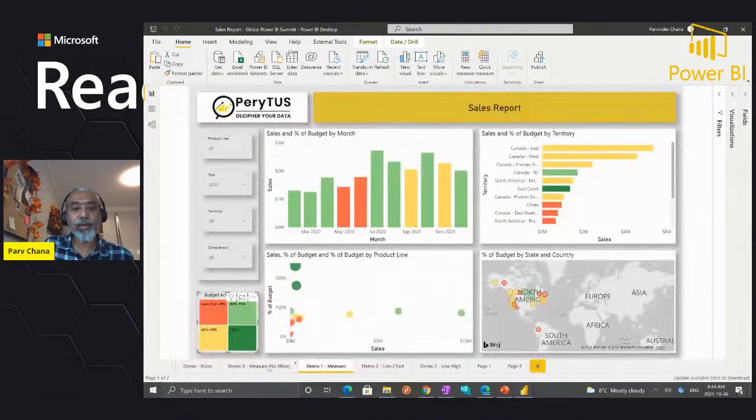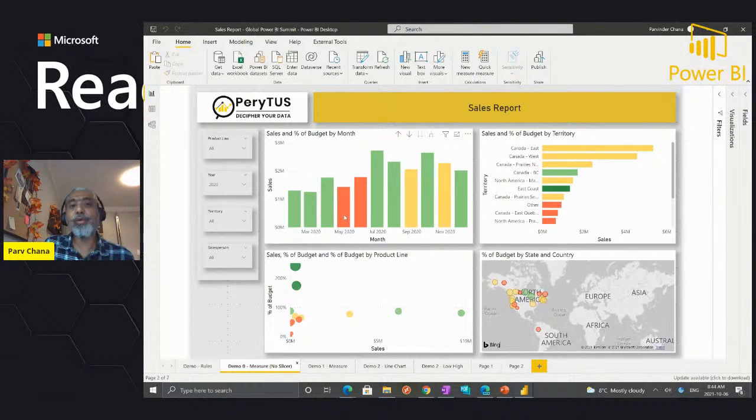So if we go back to this page, we don't know what this means, right? Why is it red color? Until we specify it somewhere, why is this green? Why is this yellow? Why is this dark red? It's very hard to answer.